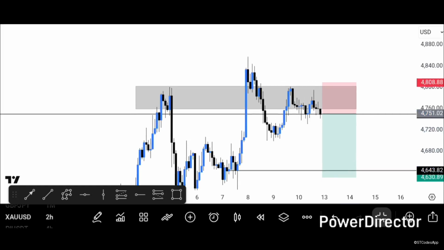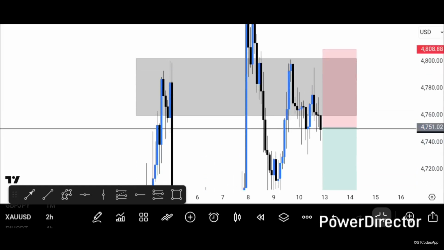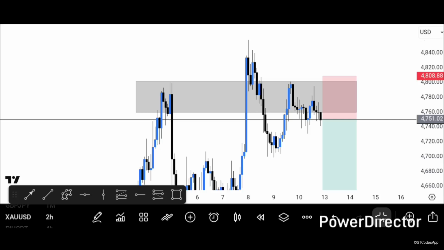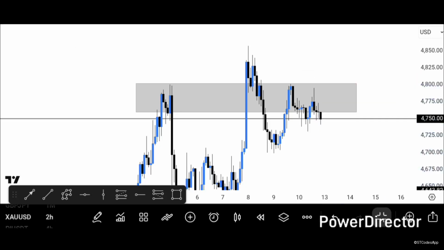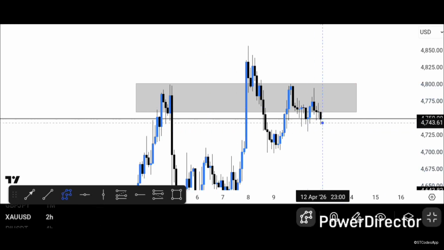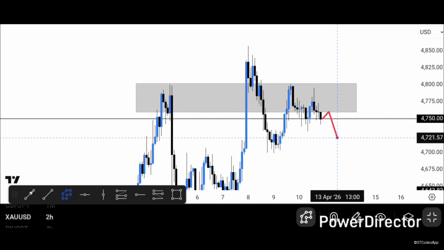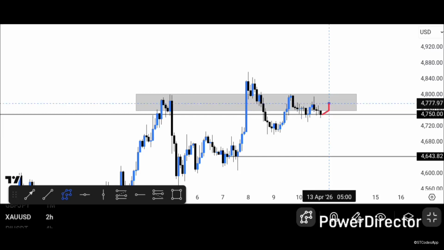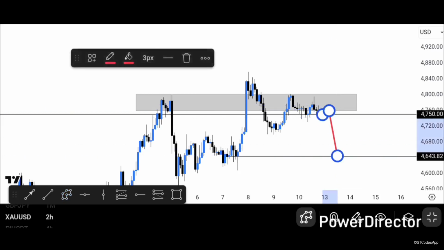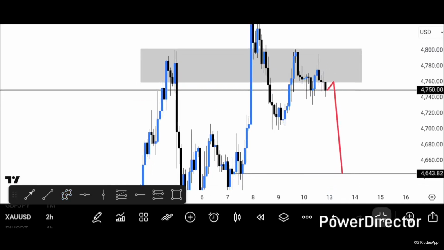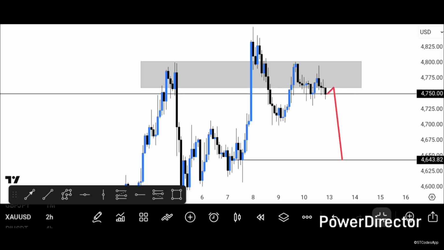Also you can wait for the market to go back to retest this daily resistance. So what I mean is we could also see price push all the way up to come back to retest, because on gold price always loves to do something like this, yeah. Then from there, once you get the rejection of that zone, then you sell. You get? But yeah, what I'm doing is as soon as the market is opening, I'm entering shorts,